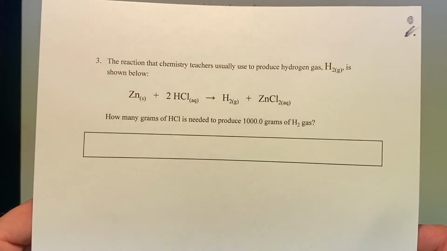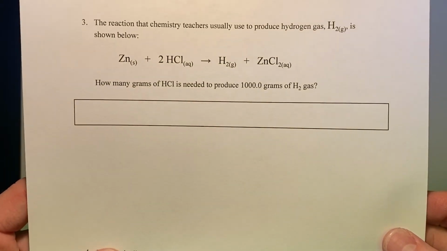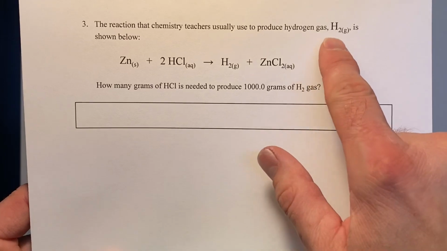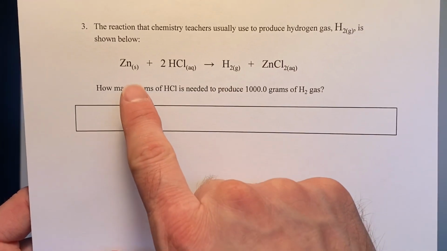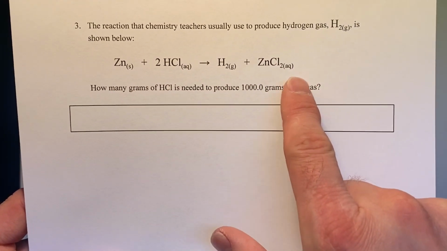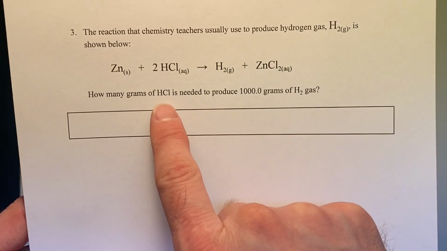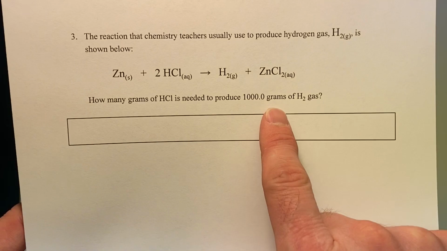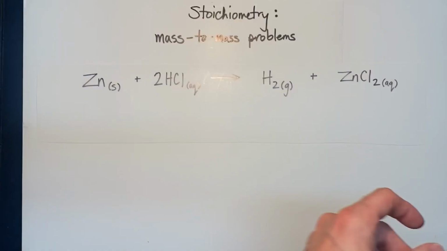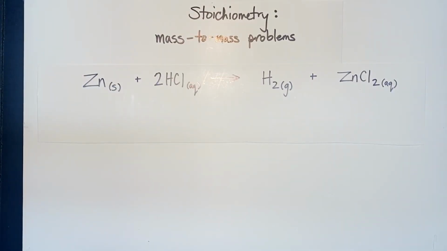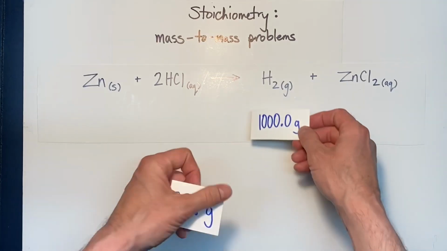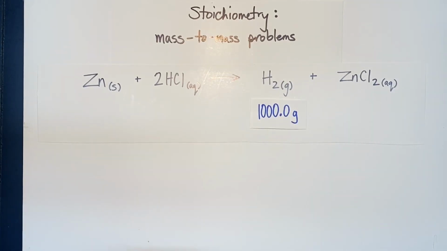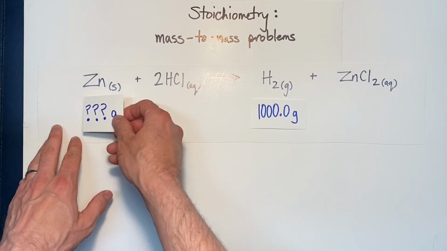Number 3 in this week's homework assignment says that the reaction that chemistry teachers usually use to produce hydrogen gas, H2, is shown below, and that's the equation we just went over. So now the question is, how many grams of hydrochloric acid is needed to produce 1,000.0 grams of hydrogen gas? So if I make this larger, it's asking if we want to produce 1,000.0 grams of hydrogen gas, how much